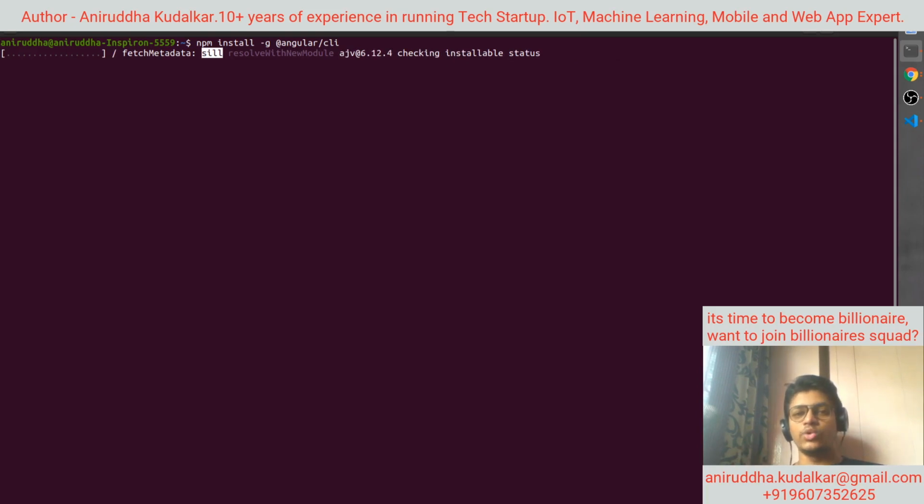So the package is getting downloaded from the npm registry and getting stored on your machine. Okay, it will take a moment. It will take a little time.